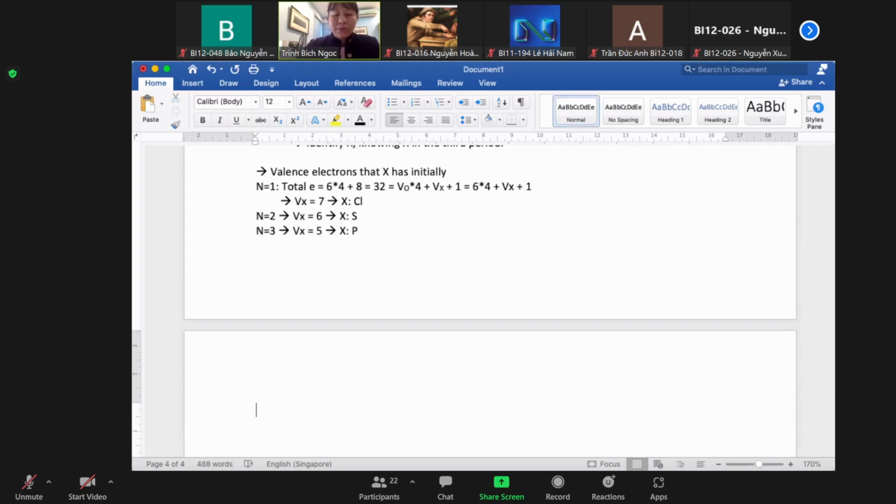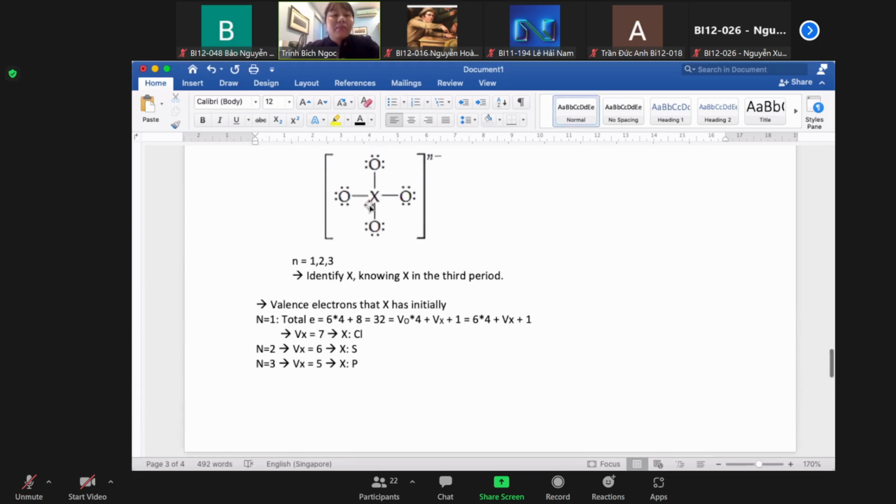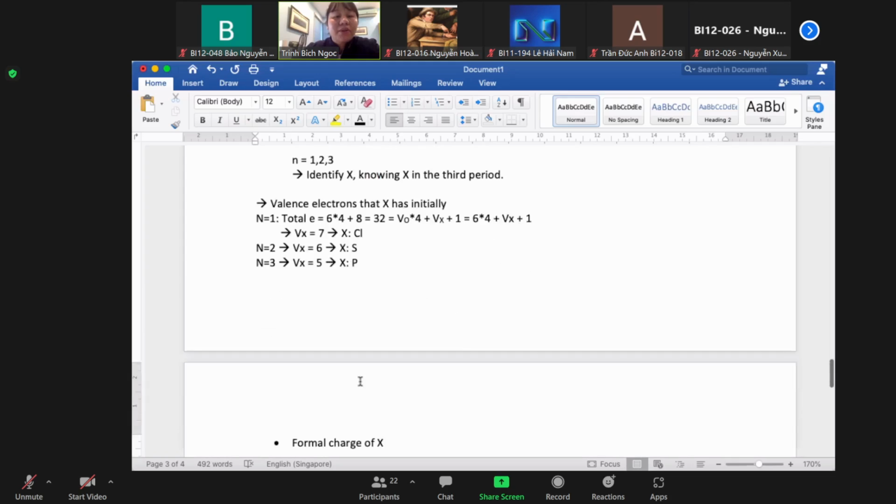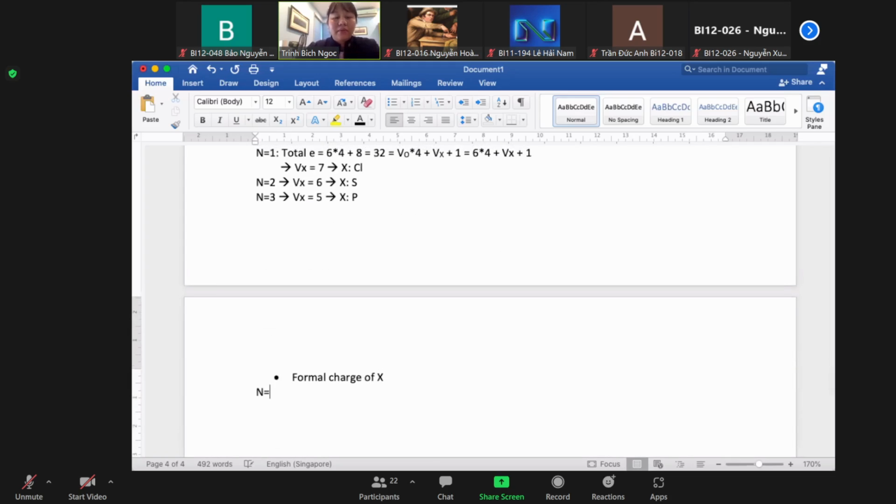So you need to calculate the formal charge of X in each case. Please calculate the formal charge for X with n equal to 1. The formal charge of X will be